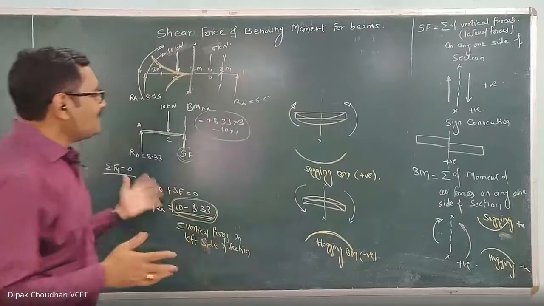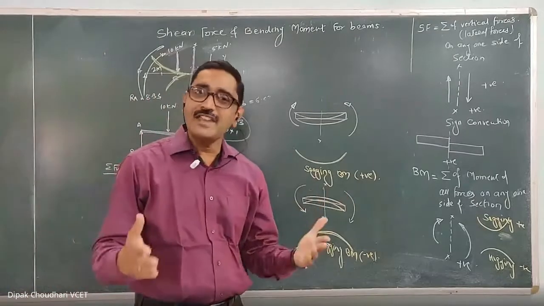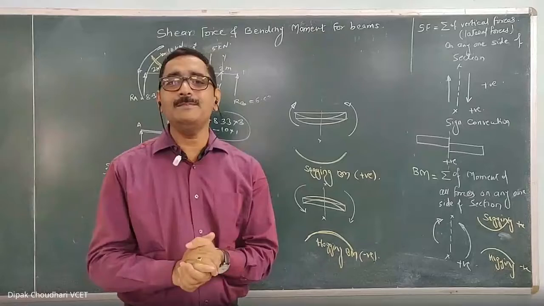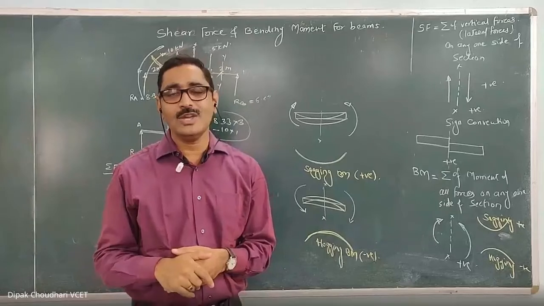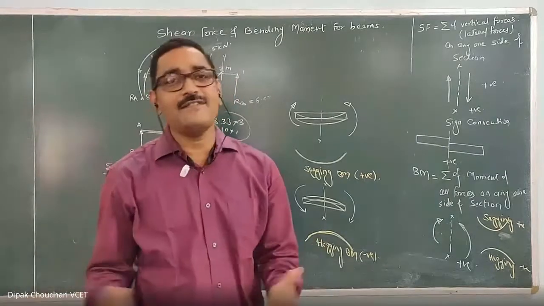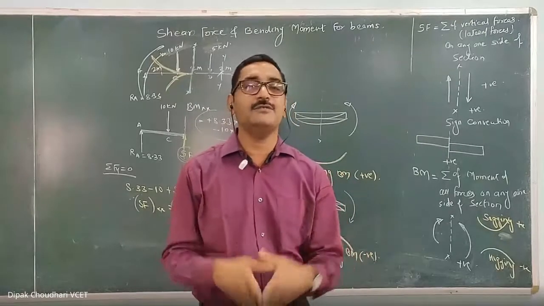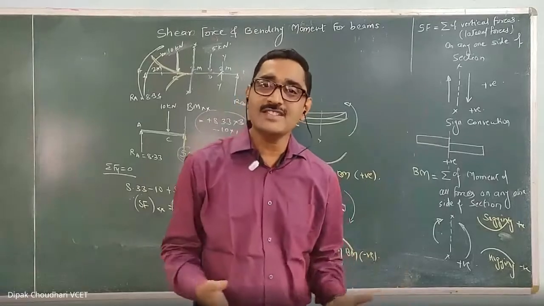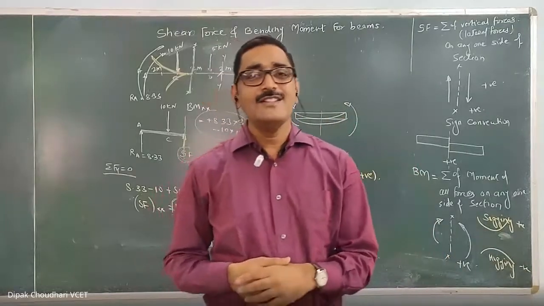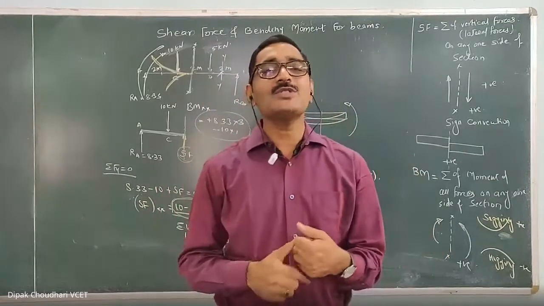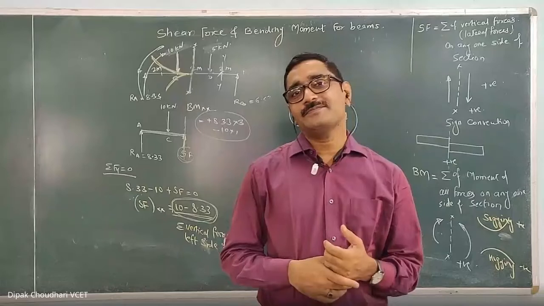Now in this lesson we have to draw the shear force and bending moment diagram. The shear force diagram is the variation of the shear force against the length of the beam, and the bending moment diagram is the variation of the bending moment against the length of the beam. The nature of that graph is different for different types of loading. Somewhere it is a straight line, somewhere an inclined straight line, somewhere a parabola, a cubic curve, and so on. Then how do we decide how to draw the shear force and bending moment diagram? Today I am going to explain those things.